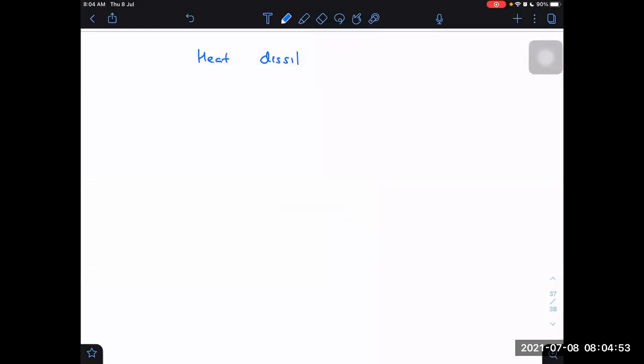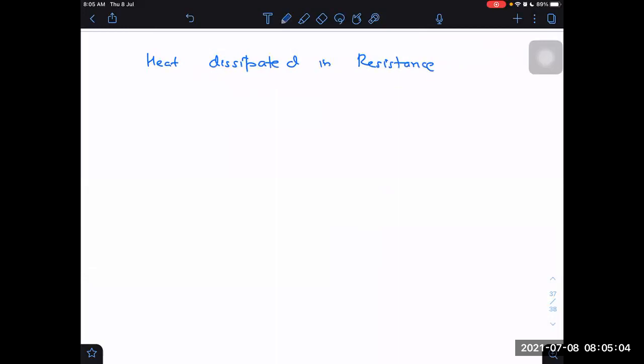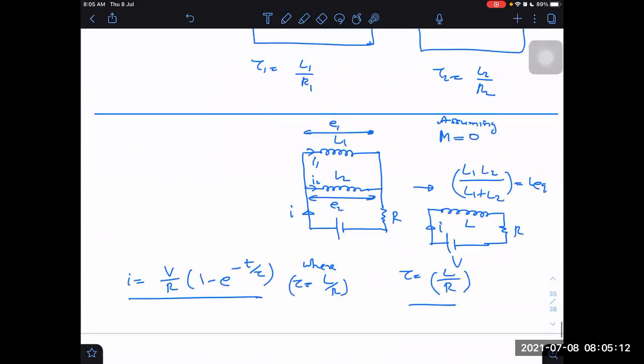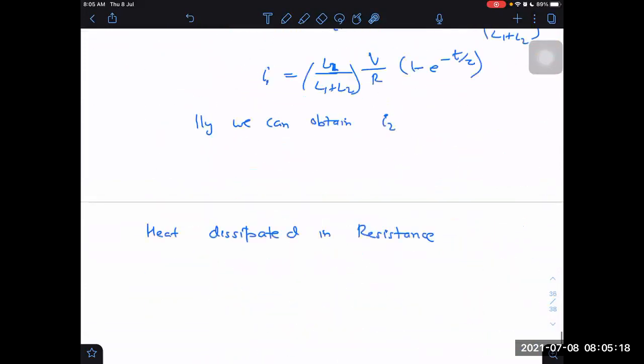or heat dissipated in resistance based questions. It is highly unlikely they ask heat dissipated in resistance. What they can ask most probably is power dissipation. Why? Because heat means it will be infinite if it is continuously passing through this, then after infinite time it will become infinite only, right?